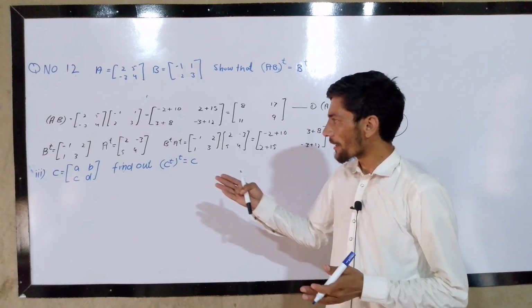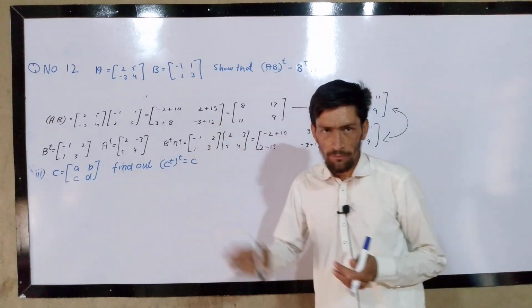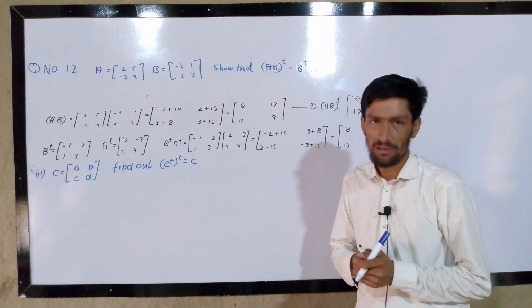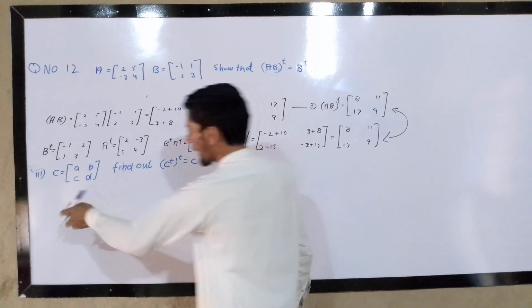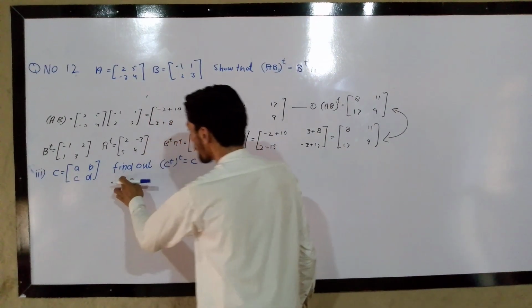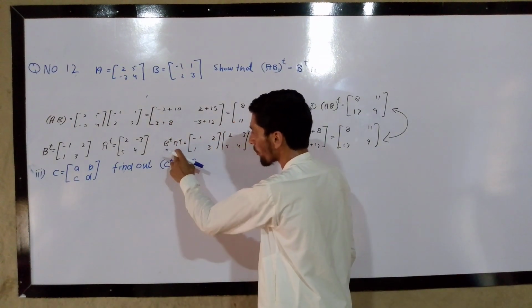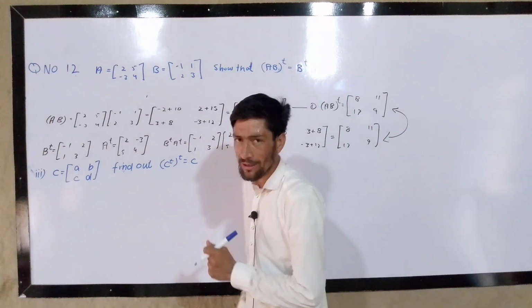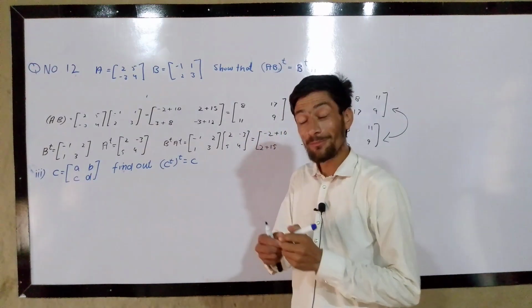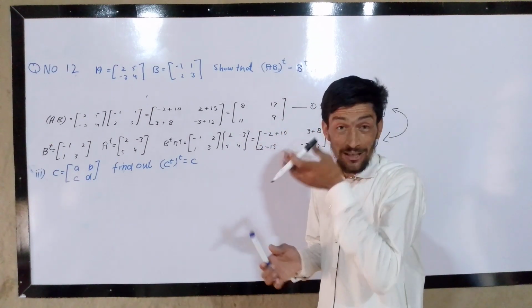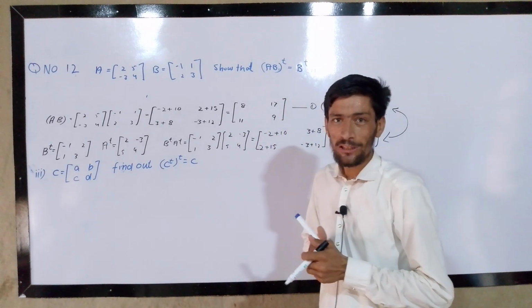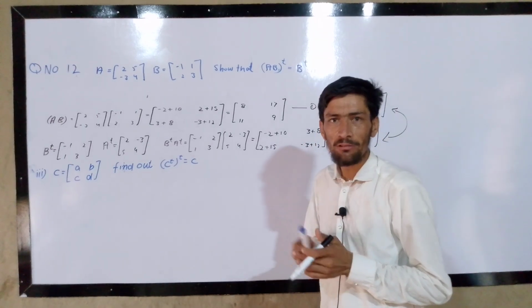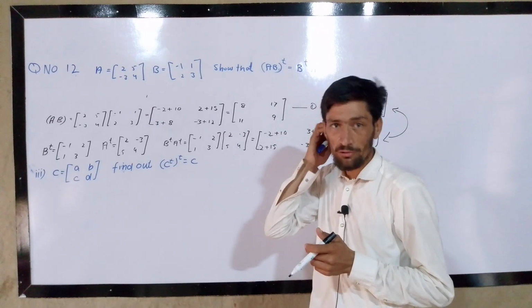This is the last question, the third question of question 12, exercise 1.4, maths class 9, matrices. Matrix C is [A, B; C, D]. Find C transpose, then take its whole transpose and check that it is again equal to C. It is easy and a very important question. It is a tricky question and may be used in different kinds of exercises and tests.